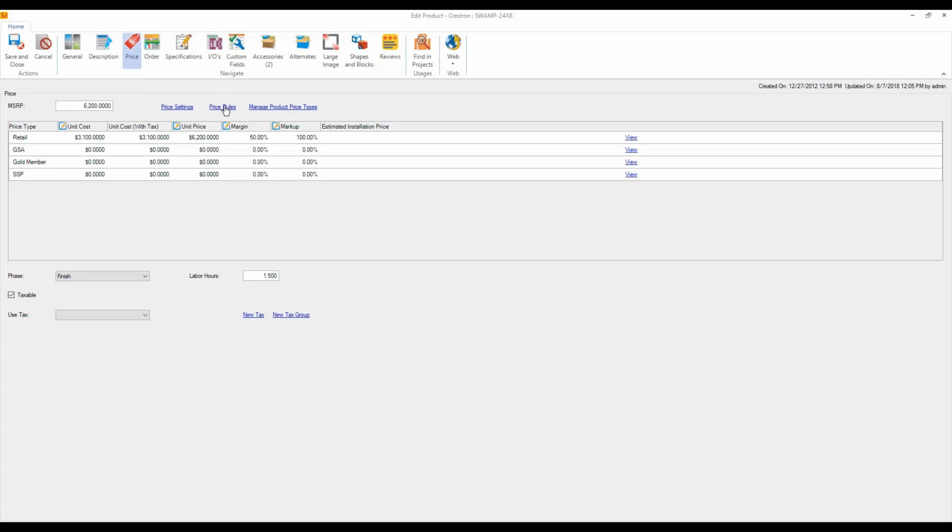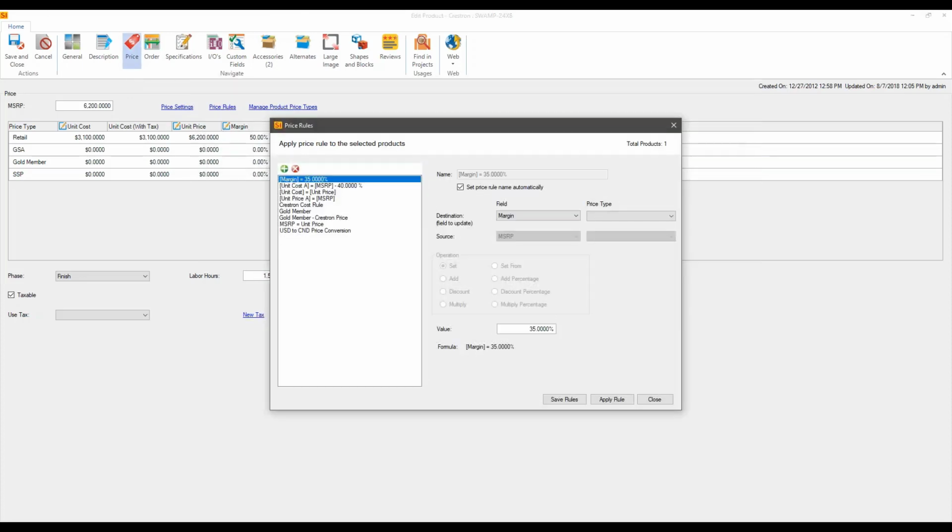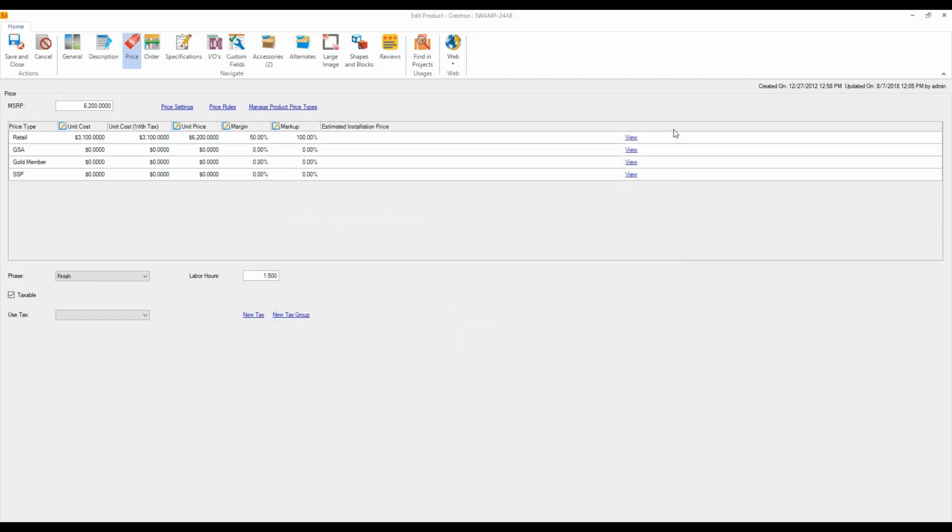We can also do what are called price rules. These are formulas that you can set up. What's nice about this is you can say, okay, for this brand, my cost is 50% off the list. You can also use this rule on projects as well. So if you get a special discount on a product, you can knock an extra 5 or 10% off your cost. Or if the customer is getting a special rate or special deal, you can also knock it off the sell price. That can come in quite handy, and all of that can be used for mass updating